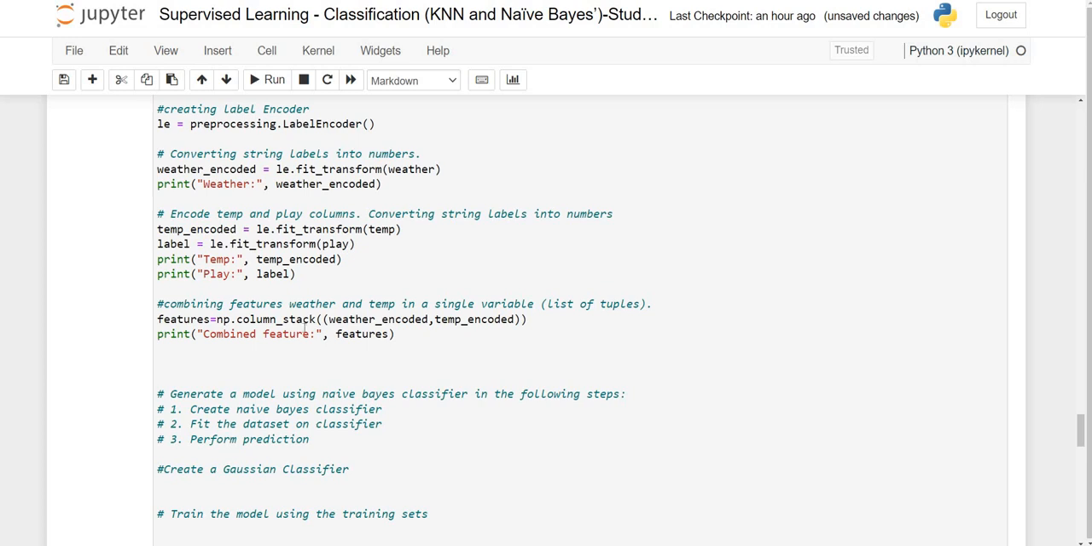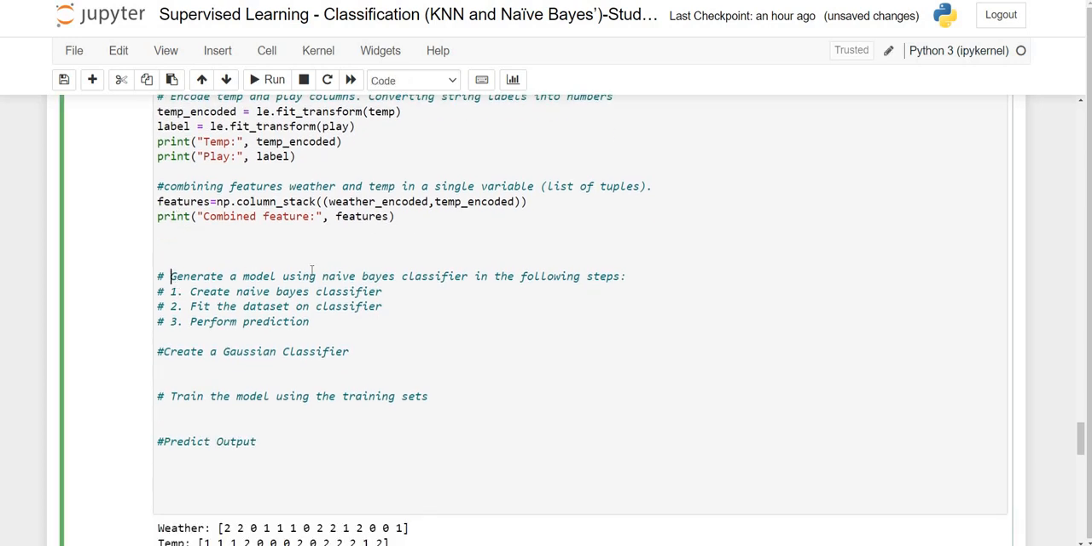Right? So now we need to generate a model using the naive Bayes classifier in the following steps. First, create a naive Bayes classifier. Just like how we did earlier, we define the model using the Gaussian naive Bayes, which we have already imported. This is the first one. The second one is train, where we use the fit